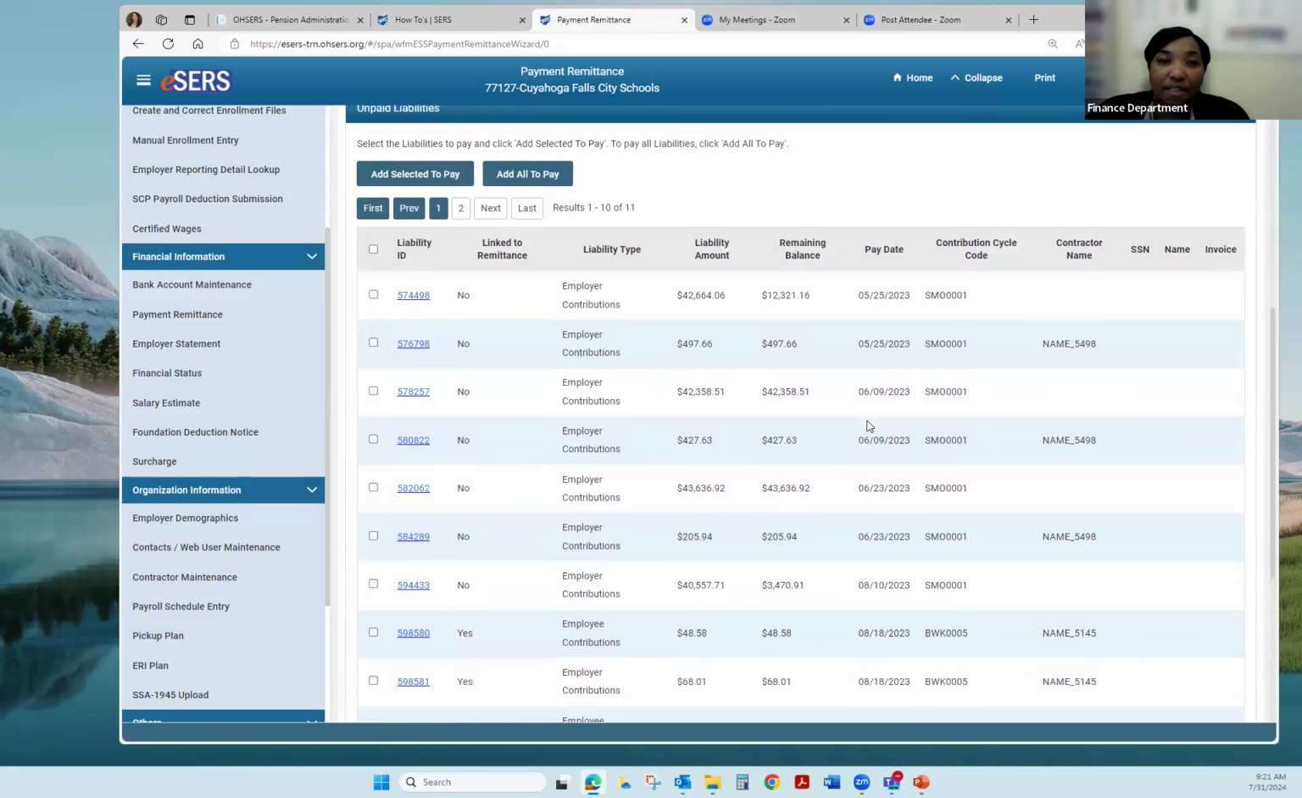So if you use this, for example, I have 1, 2, 3, 4, 5, 6 liabilities from the prior fiscal year that I have to pay. How do I know that? Because these pay dates are before June 30. So anything before June 30, I will select. And if you add up the remaining balance line,